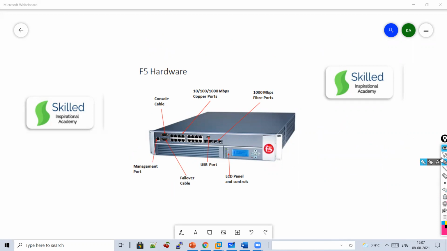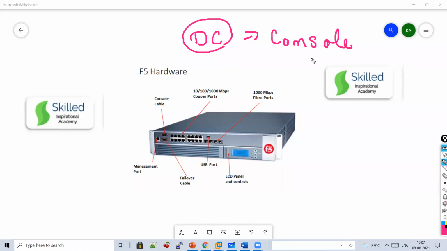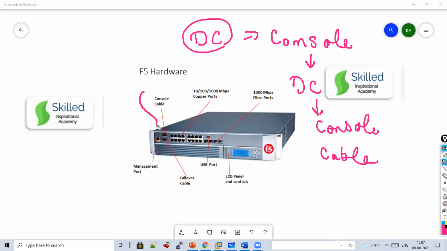So guys, whenever you initially deploy an F5, you don't go into the DC, right? You ask someone in your data center to install a console cable and provide you console. So the console port, if you see on the picture, this is the console cable.